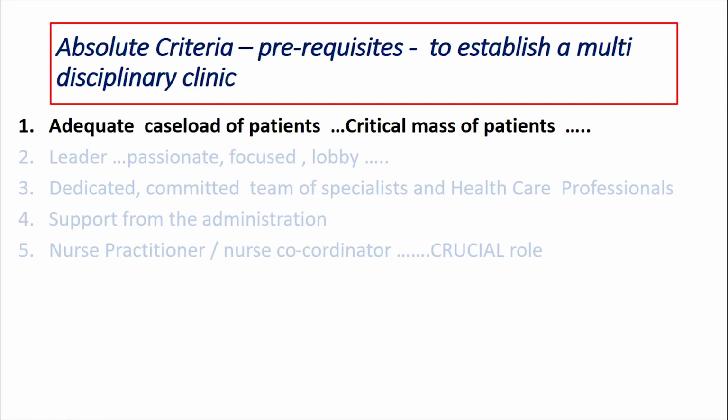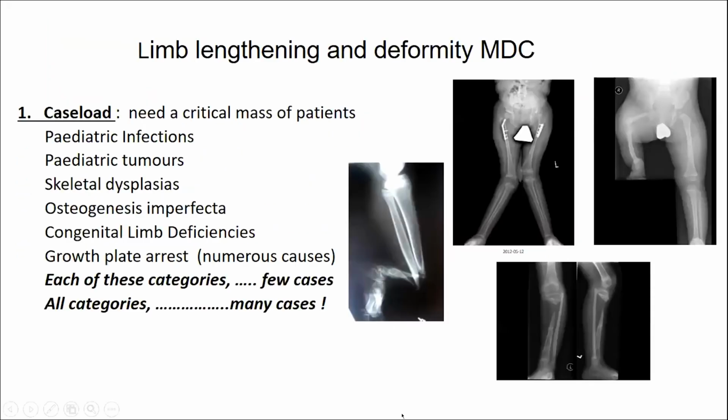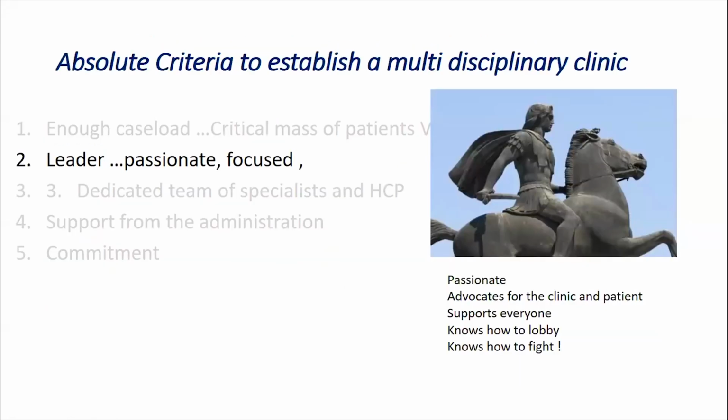If you are going to see one case of fibular hemimelia a year, you cannot ask to have a multidisciplinary clinic. The mix can be of everything, like congenital pseudoarthrosis of the tibia, skeletal dysplasia, infections, but the mix of all this will give you enough caseload. Second thing, you need a leader that is passionate,